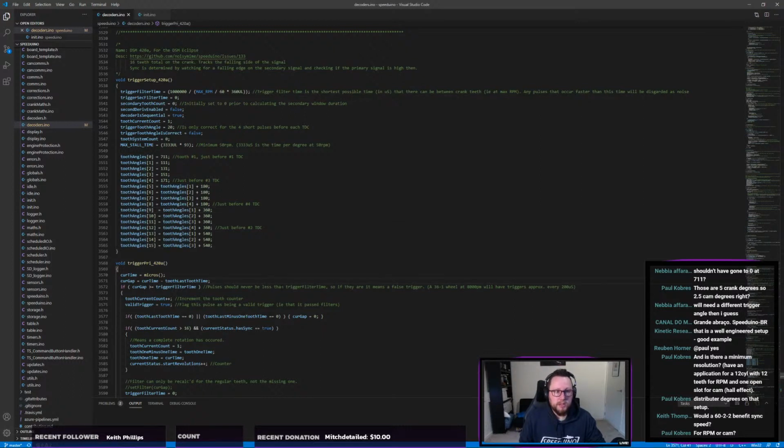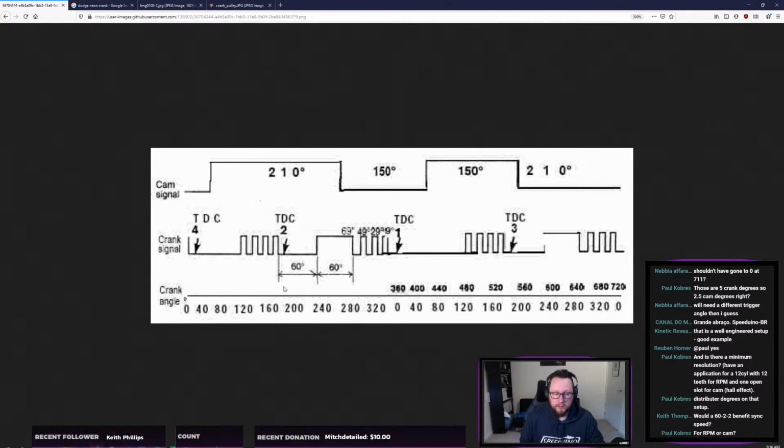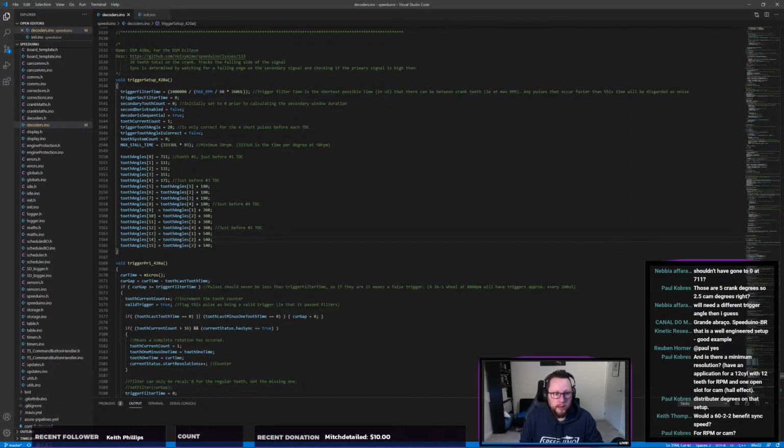All right, to jump back to this pattern that we're looking at, if we have a look at the pattern here, if you count the number of, let's say, falling edges across the crank cycle here, you'll get 16. That's across 720 degrees. Group of 4 here, group of 4 here, that's 360 degrees, and we just have that repeating again over 720. So in total, we've got 16 teeth that we watch here,